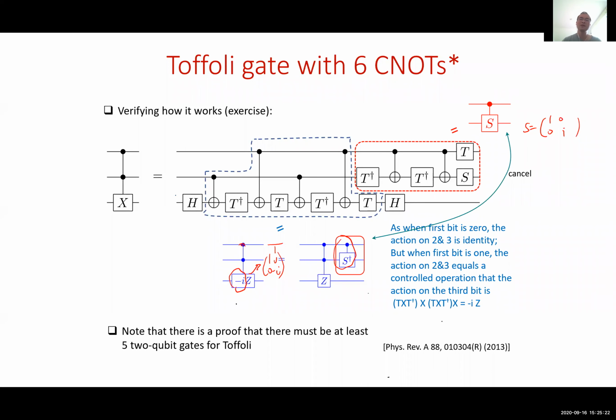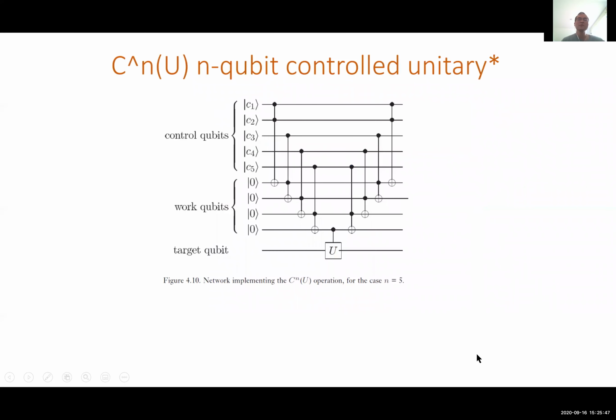You may ask, is this the optimal? I'm not sure, but there is a paper showing that you need to have at least 5 2-qubit gates for Toffoli. So they're using 6. So it might be possible that there's a 5 2-qubit gate construction. You can look at this paper. Yeah, there are more constructions or more recipes if you want to have